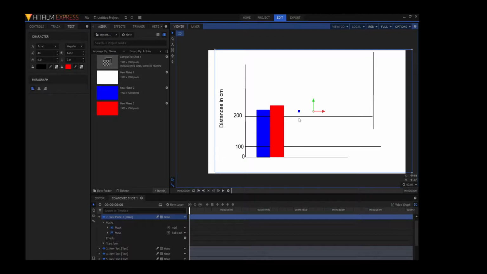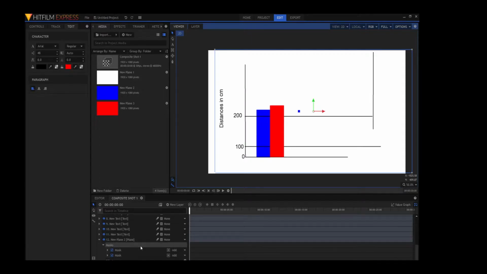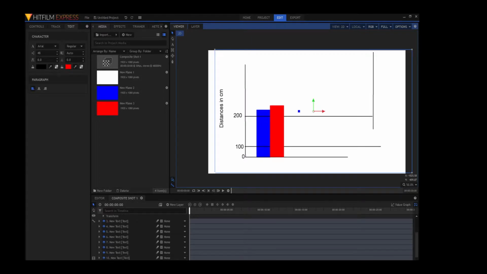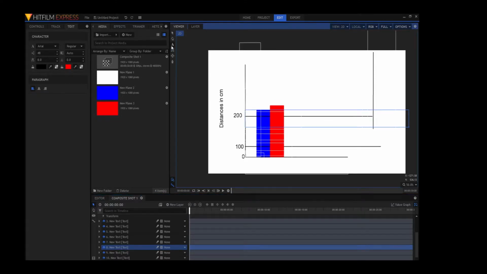As you see here, I'm clicking on it, it's not working. That's because it was filled up by the red plane and the blue plane. So what I'm gonna do is I'm gonna cycle through these and try to find it. See? I already found it. So now I'll just resize this by just selecting the text button and then holding backspace. This may be different depending on your keyboard.